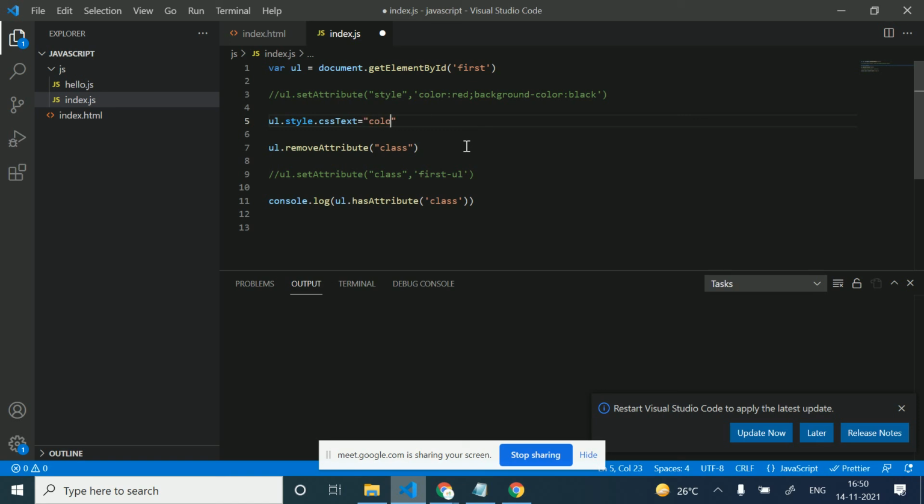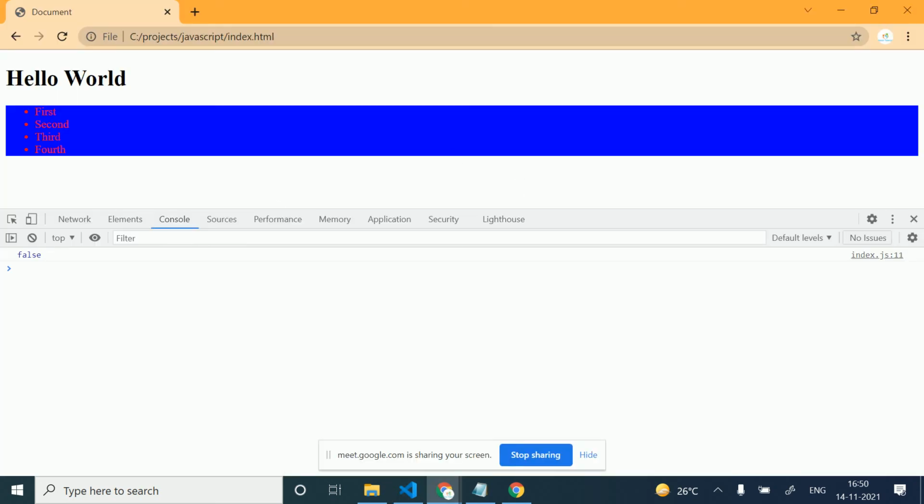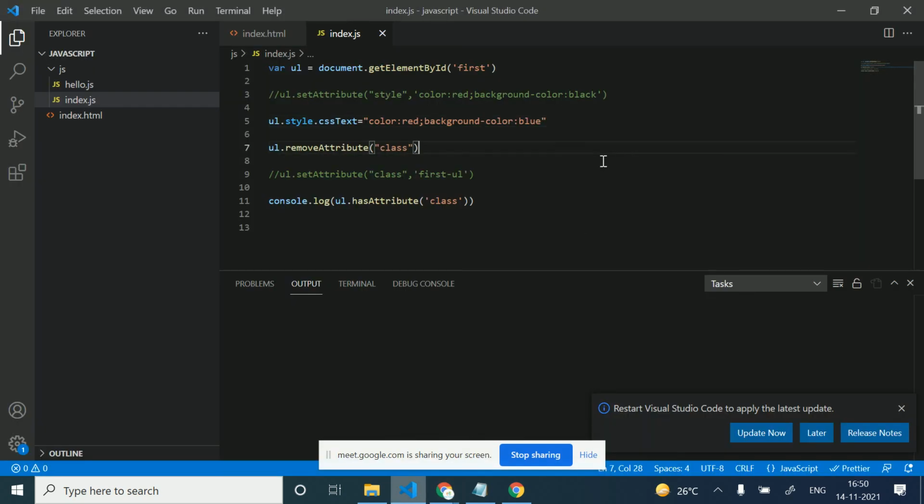In this, color red and background color blue. Let's check now. So these are the ways we can change the style: by setAttribute, by ul.style.cssText, or by setting one by one.